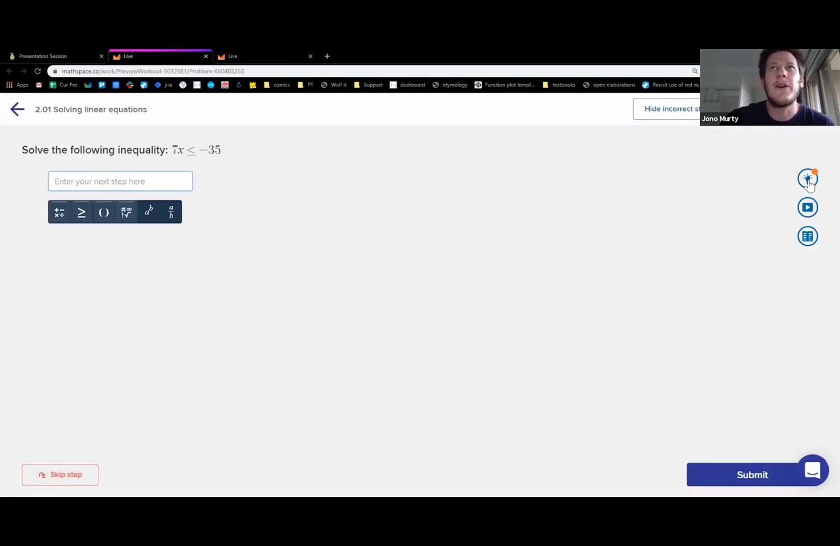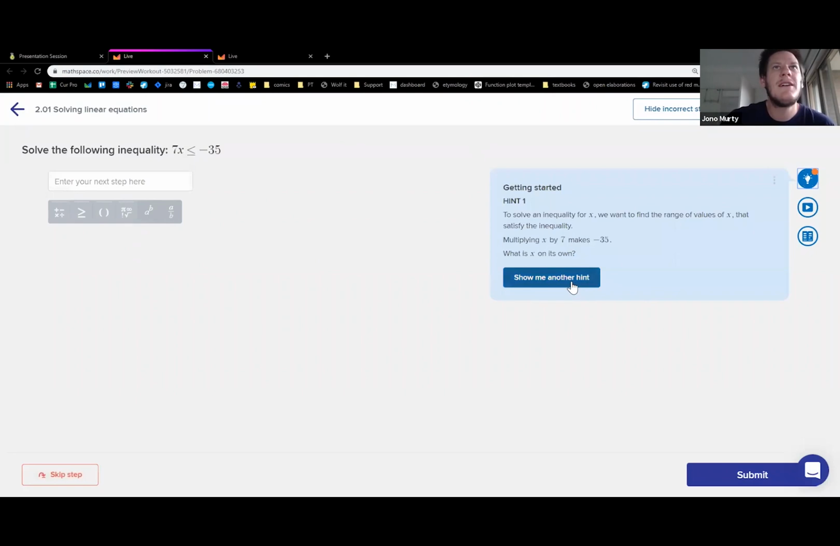This is the not trick one. The trick one is coming up soon. Let's just have a look. To solve an inequality for x, we want to find the range of values of x that satisfy the inequality. We have 7 times x is minus 35. So obviously, if I divide both sides by 7, keeping the symbol the same,